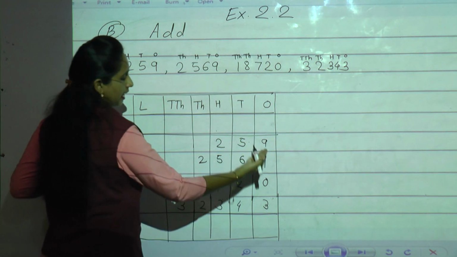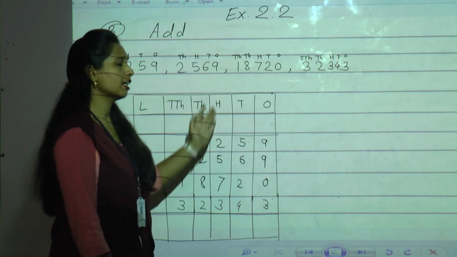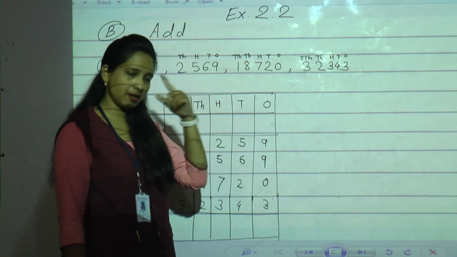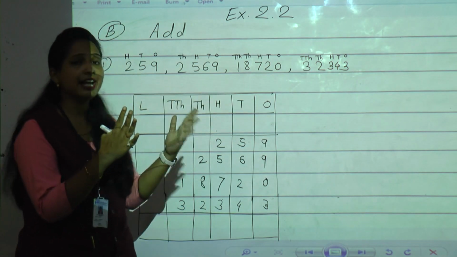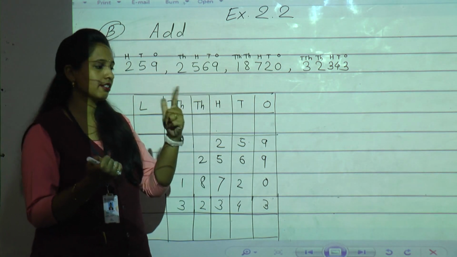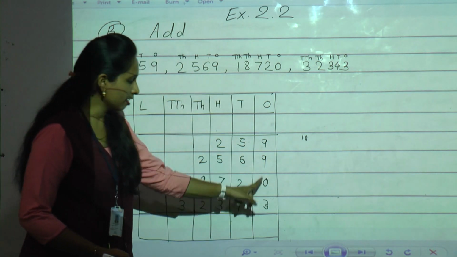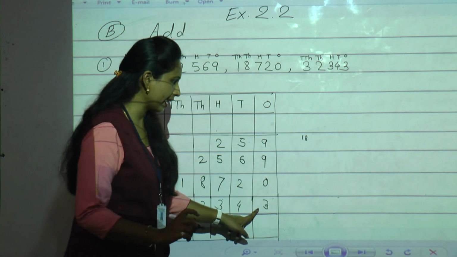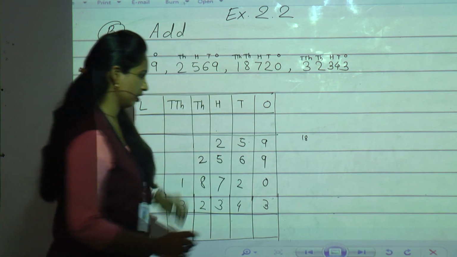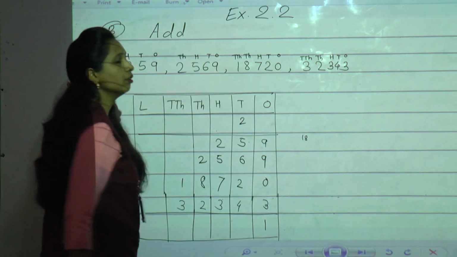See here, 9 plus 9. One example I will solve with fingers. The next example we will solve directly. Okay, 9 plus 9. 9, keep in your mind, 9 on fingers. 9 after count 9. 9 after 10, 11, 12, 13, 14, 15, 16, 17, 18. So write somewhere roughly 18. So 18 plus 0 is 18 only, and 18 plus 3. 18 after 19, 20, 21. So 21 we write 1 in ones place and 2 we will carry to tens place.